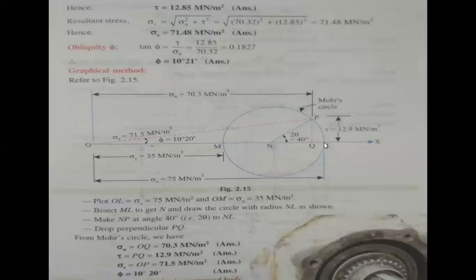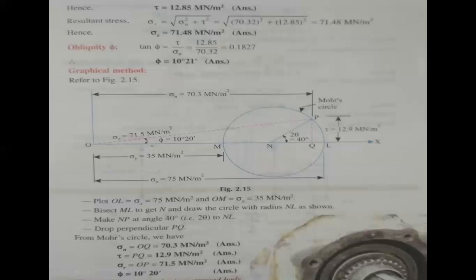Then we are given 35, that is 35 millimeter, from the same point O. We'll mark a line from 35 millimeter. So 75 minus 35 will give us 40. 40 divided by 2 is 20. So either we can come from here to here or here to here. At 20 we'll take this, because the diameter of the circle is defined. It is 75 minus 35, 40 mm. So at 20 mm we'll put the compass and draw a circle by taking a radius of 20 mm.